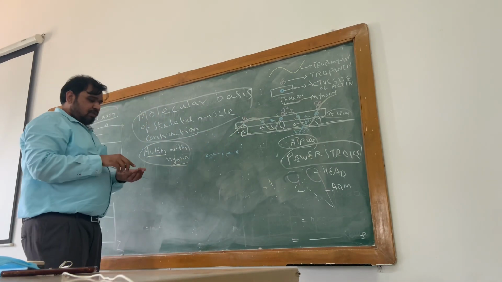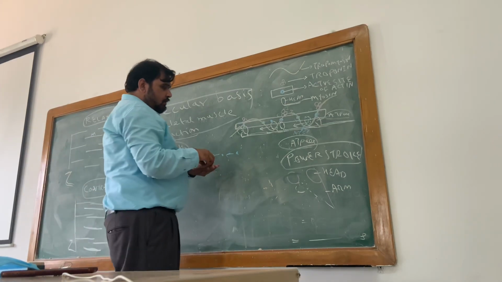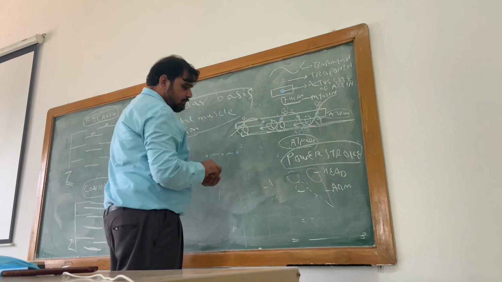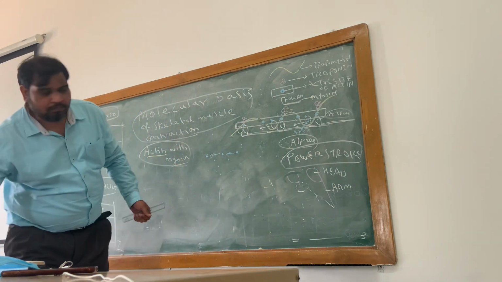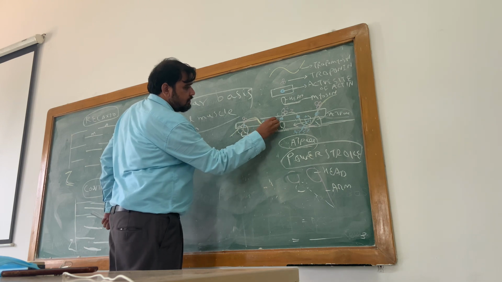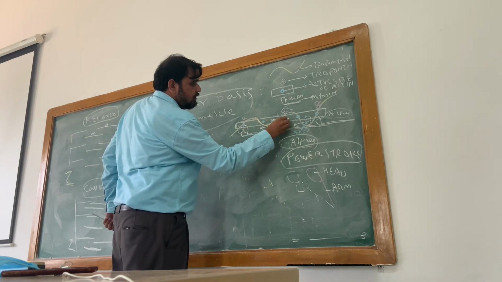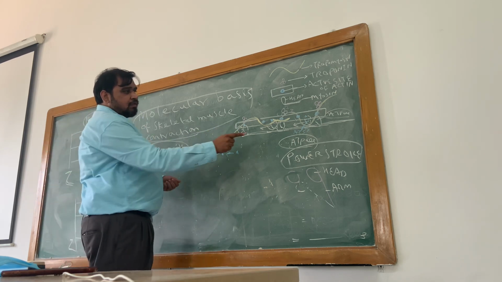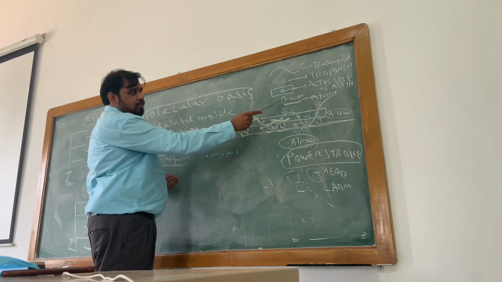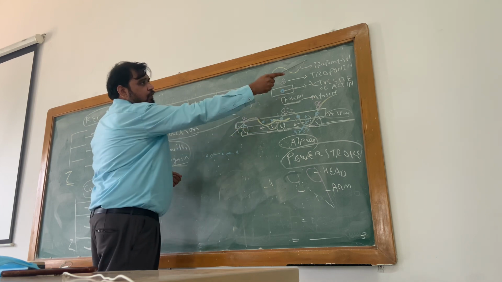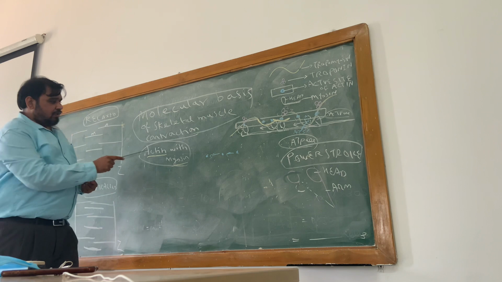Now coming to this. During the relaxed state, I will draw this like this. In the relaxed state, you can see here what happens. Just concentrate here. You know what this is? This is the myosin head. What is this? This is the active site. What is this? Tropomyosin. Now you see clearly.